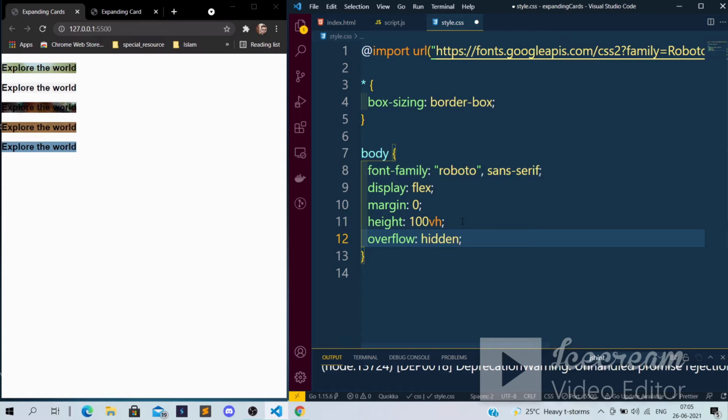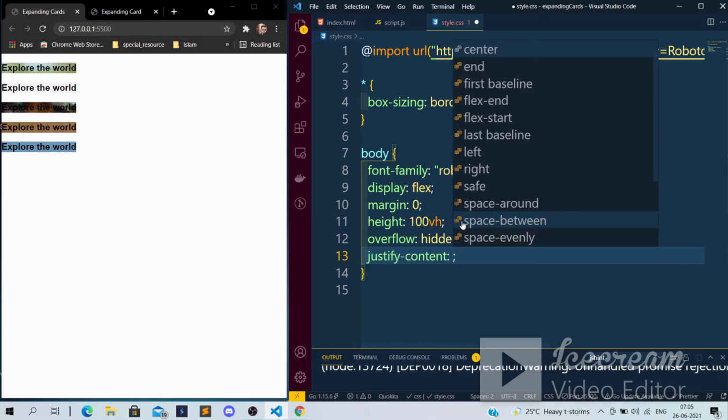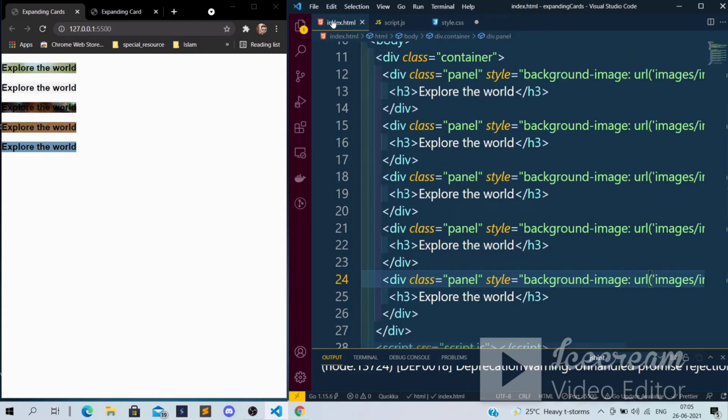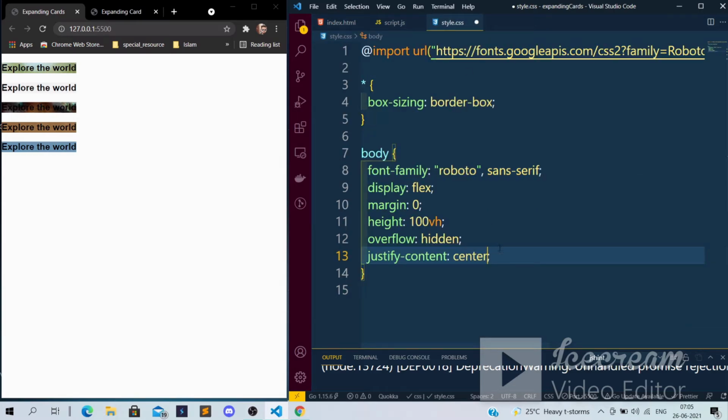Overflow hidden. I am just applying all these things in the body, not in the panel, not in the container. If you remember, I've made these two classes, container and panel. So we will start applying the CSS on those classes also.